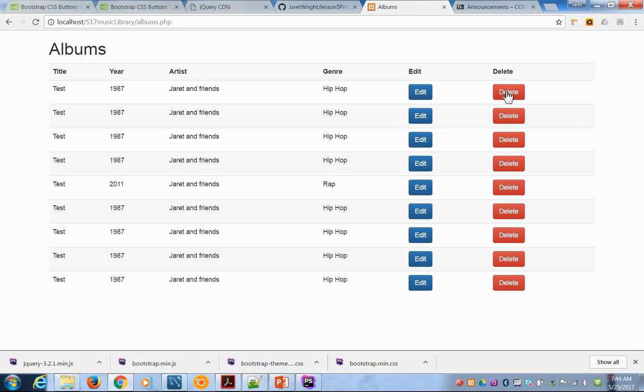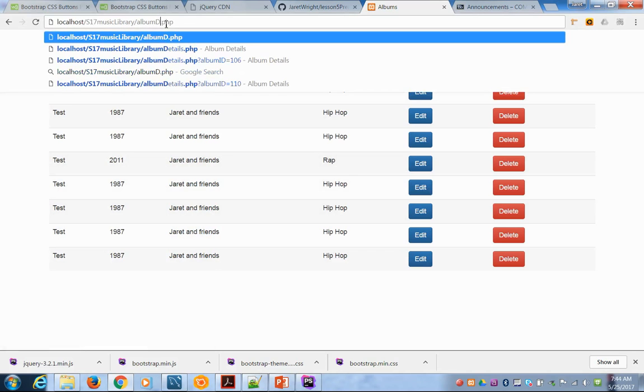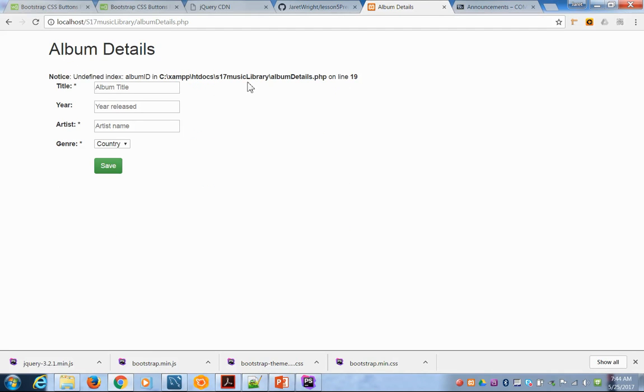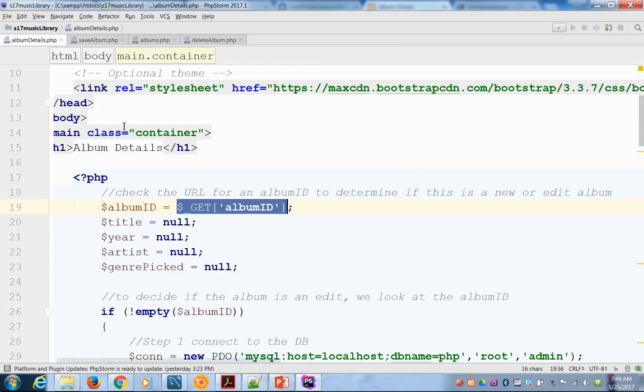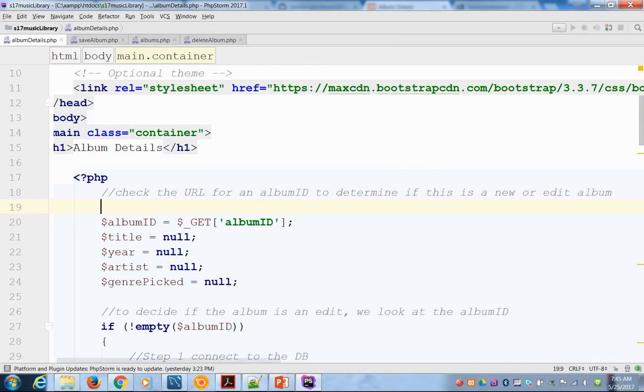I can delete still, nice and fine. If I want to create a new album, I still have to deal with this. It doesn't like undefined index album ID on line 19. So if I go to line 19, I did this, and because this was blank, it's giving me an error. So what I can say is if not empty,